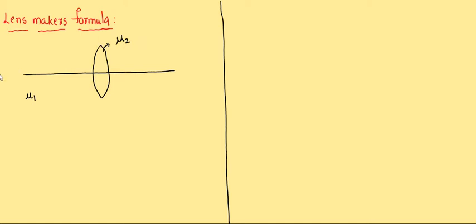And this lens has two curved surfaces. So this is the first surface and this is the second surface. Two convex surfaces. And corresponding to these two surfaces, there are two spheres and two radii of curvature. Corresponding to the left first surface, the sphere will form on the right side, and its radius will be R1. Corresponding to the second surface, the sphere will form on the left side, and its radius of curvature we can consider as R2.